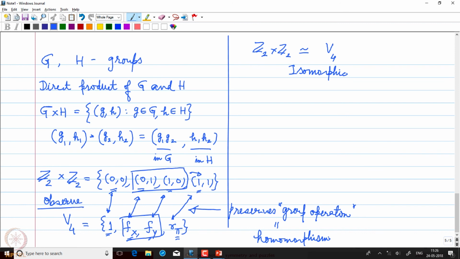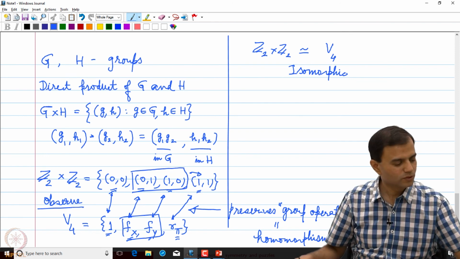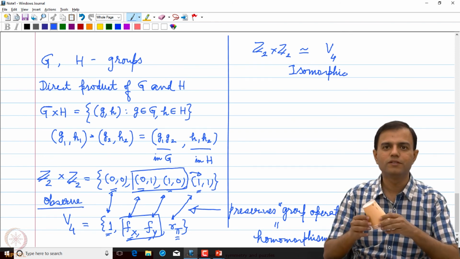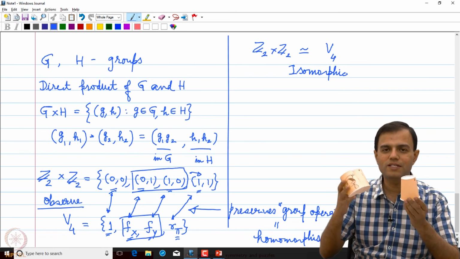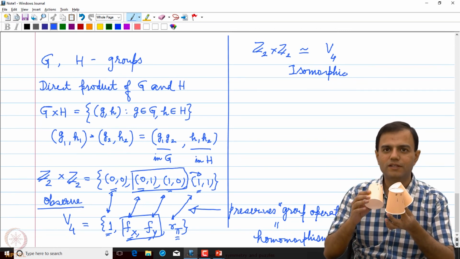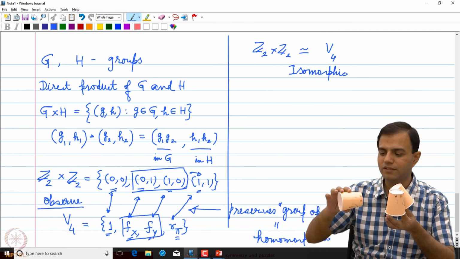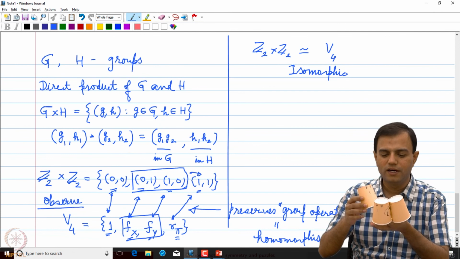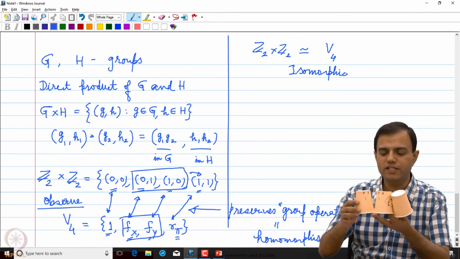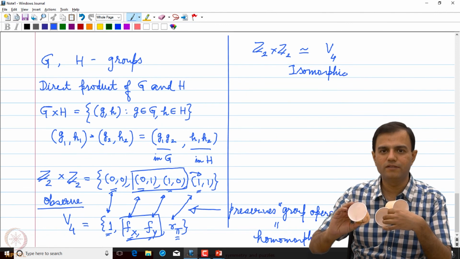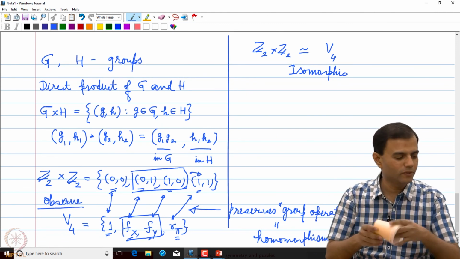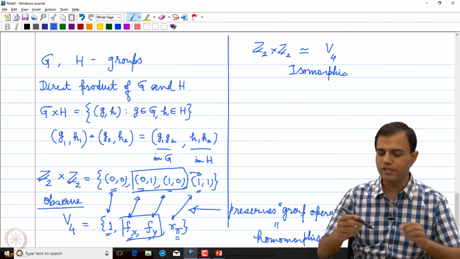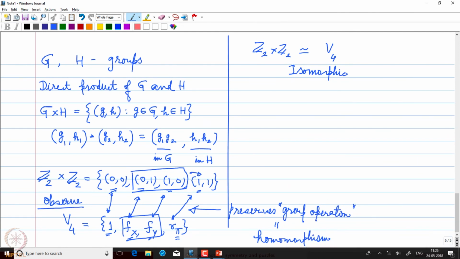A very interesting example of a group that we are going to use to resolve one problem. You recall this? I had shown you last time the puzzle with the problem with the glasses, inverted glasses, how to change their orientation from all inverted to all upright, that problem. So for that problem we are actually going to use a group, and I will introduce you to that group now. That group is actually Z2 cross Z2 cross Z2.